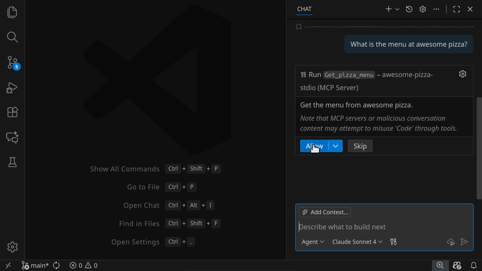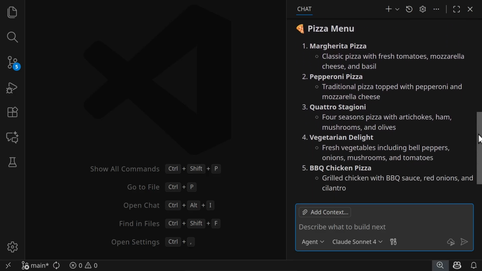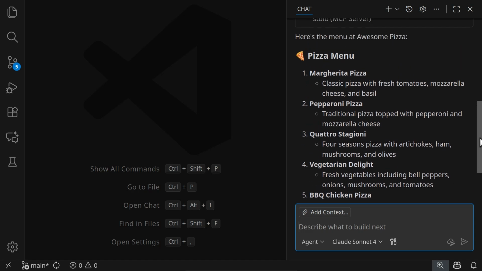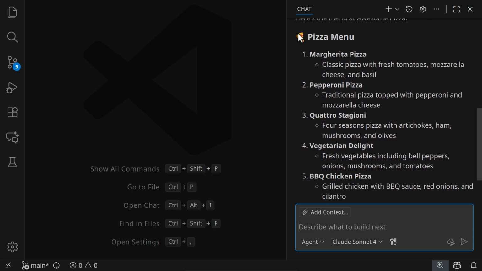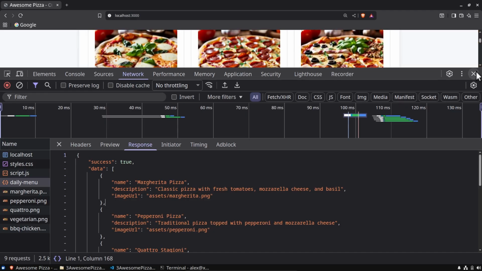I will allow it to run this tool. And yes, we are receiving the nice pizza menu. So everything works as it should. Let's now move on into the next lecture and do the same. Let's request the pizza menu, but this time let's see if we will be able to show also these images